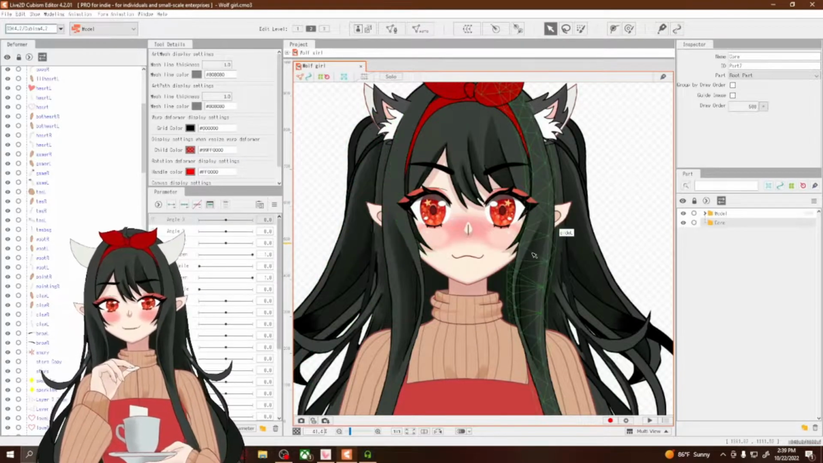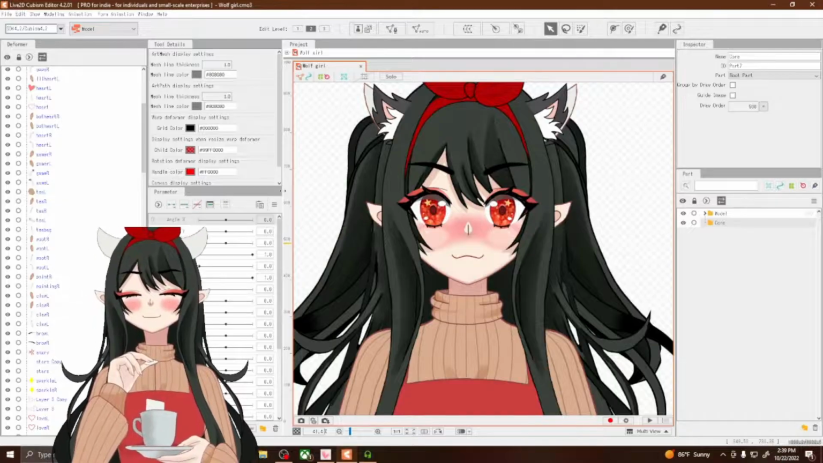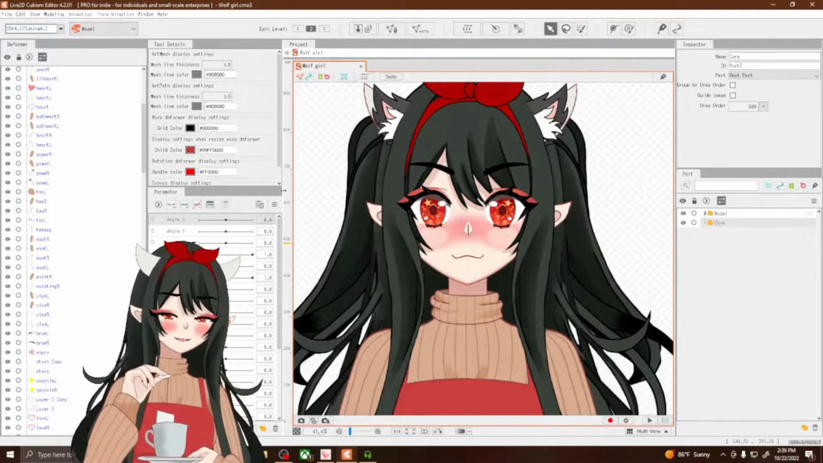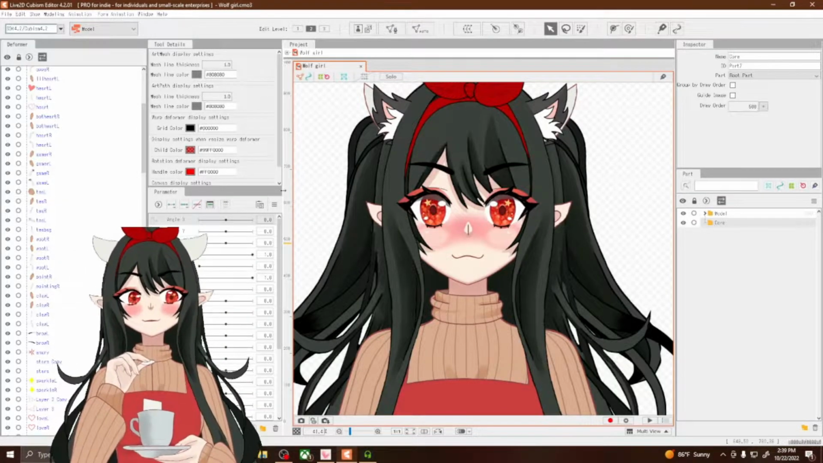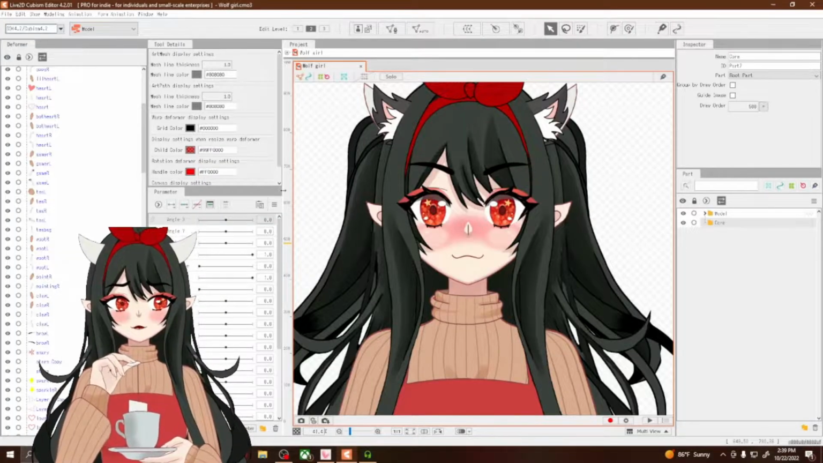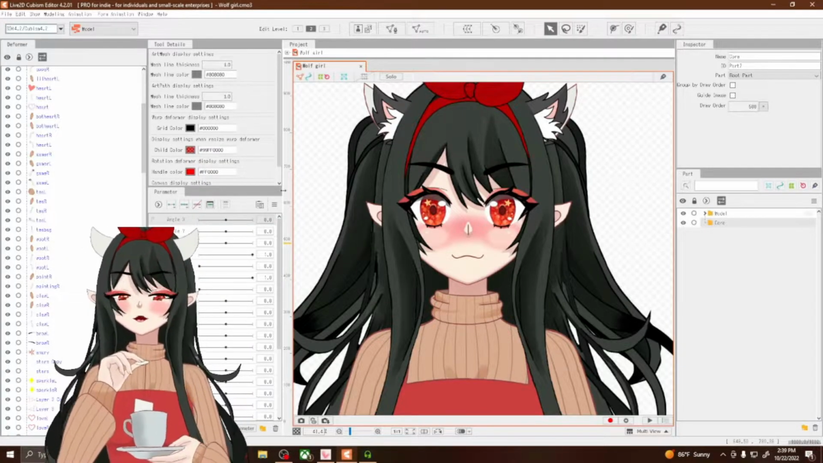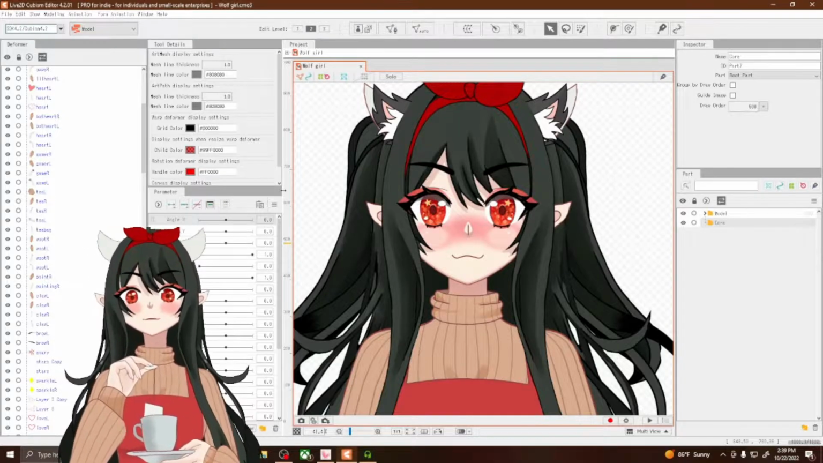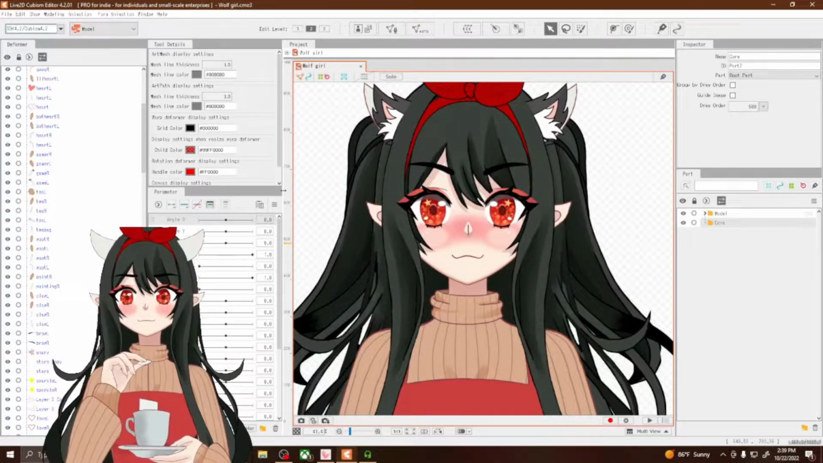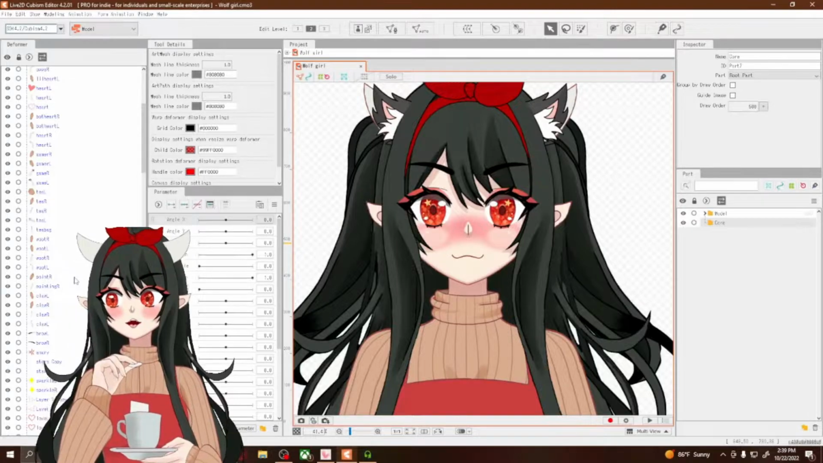Either way, we're going to create our first warp deformer. Not only are we going to create that, we're also going to attach it to Angle X. So,